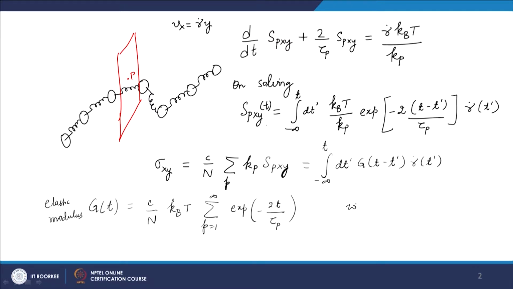And of course in the Rouse model discussion earlier in the course, we found the expression for tau_p. This was tau_1 by p squared. So, I can plug this thing here and I will have